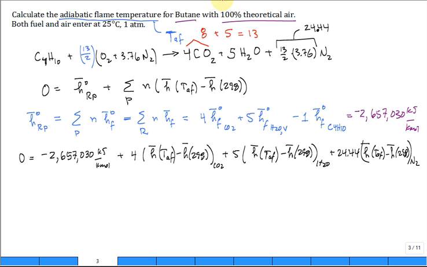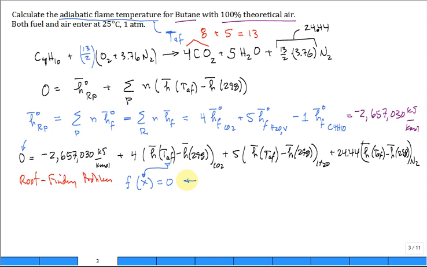So at this point, what you have to do is realize that this is basically a root finding. So you're looking to find an x such that the function f of x is equal to 0. And so what we see is over on the left-hand side of our equation, there's 0. Our equation is a function of the adiabatic flame temperature. So what you can do is recall from your numerical methods class things like Newton-Raphson or bisection or secant method,